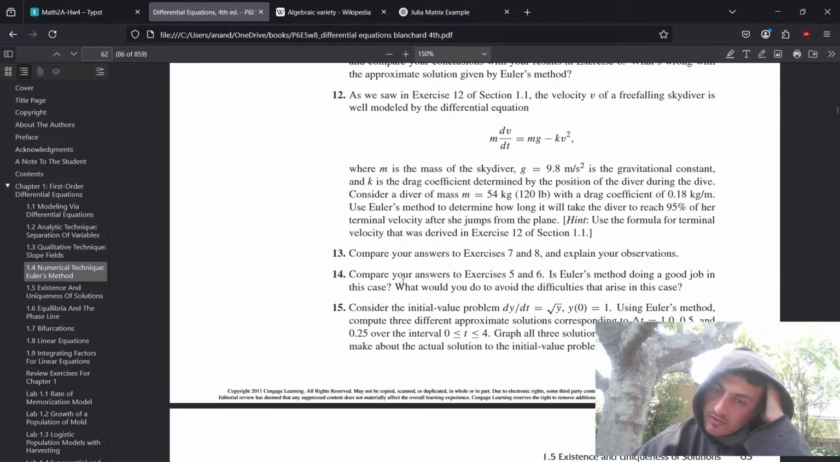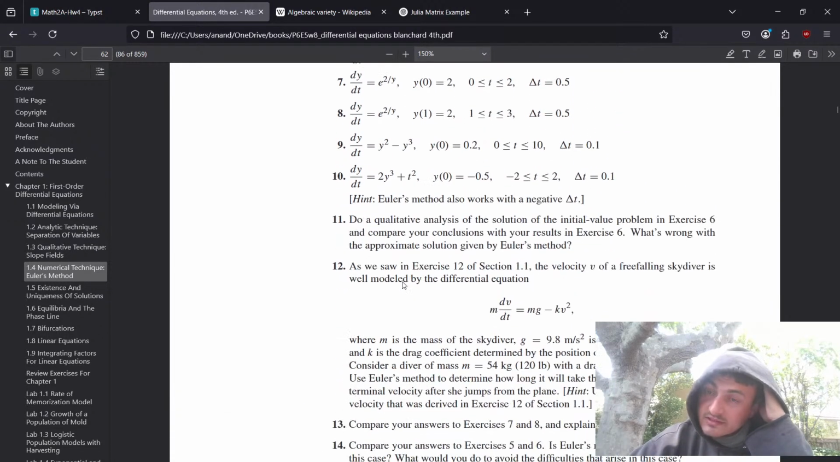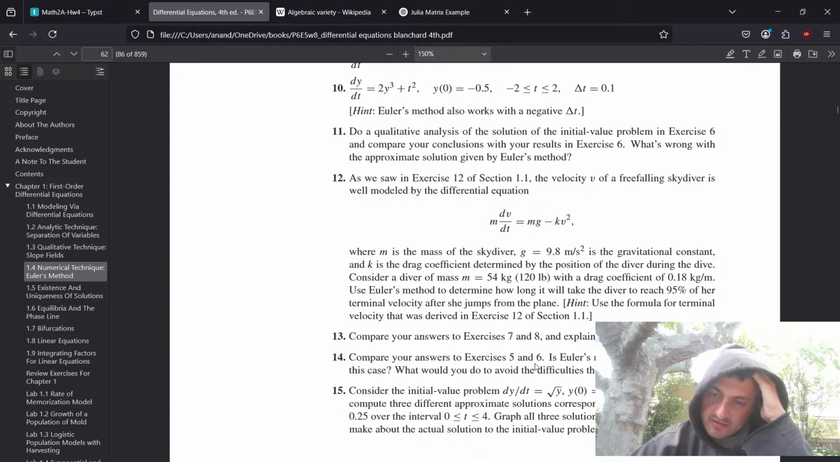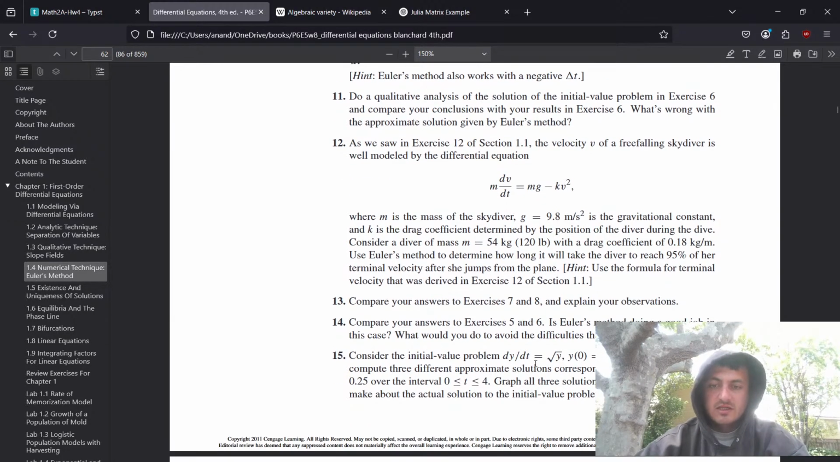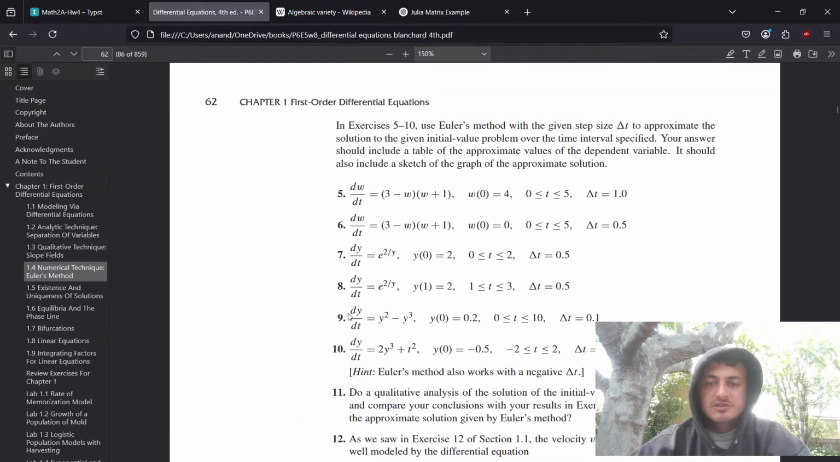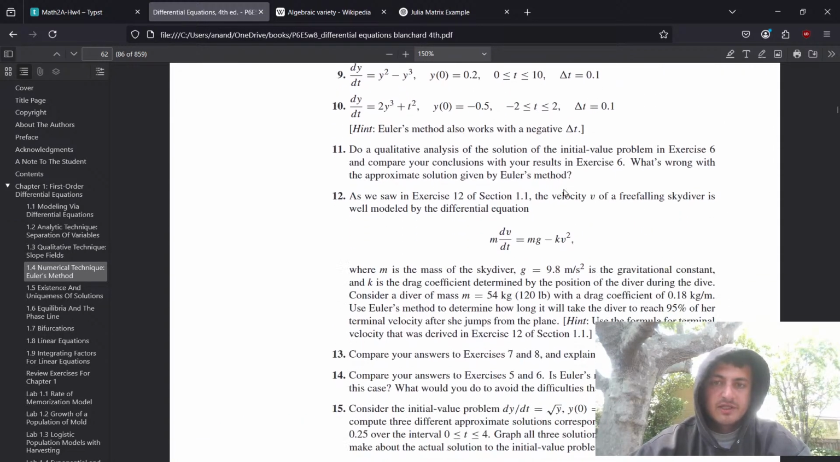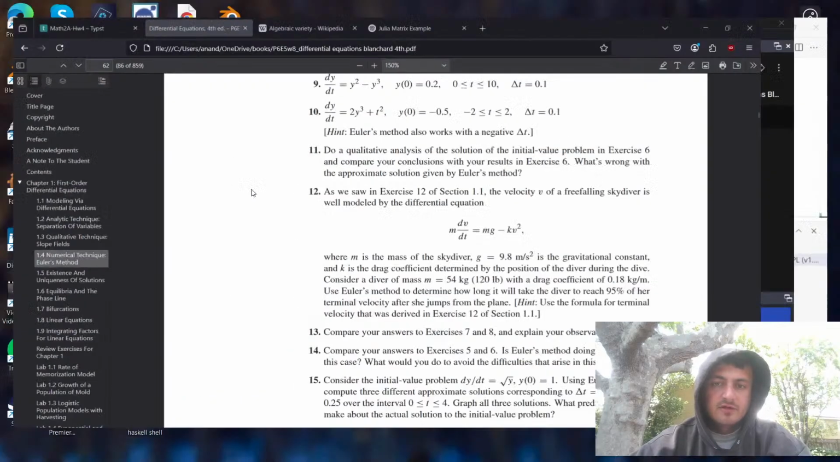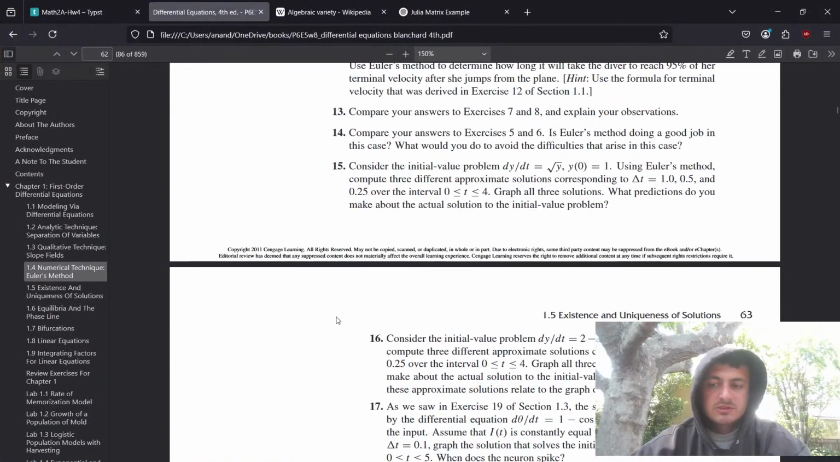Compare your answers to 5 and 6. Now 5 and 6, is Euler's method doing a good job in this case? What would you do to avoid the difficulties that arise in this case? That's actually an interesting question. Is there a threshold for step size at which point it never has the problem? Or